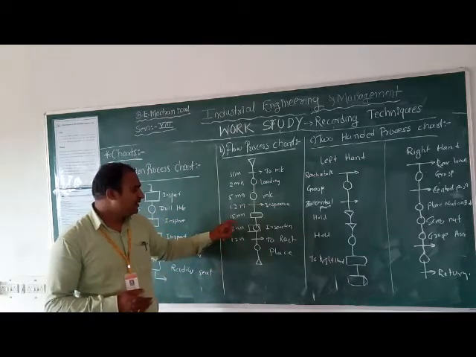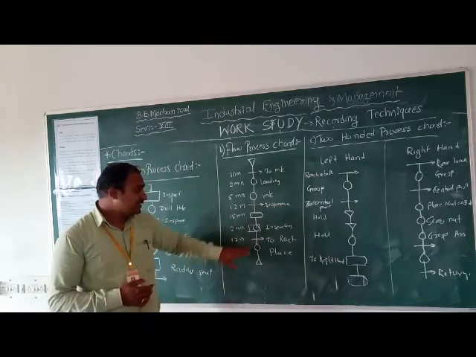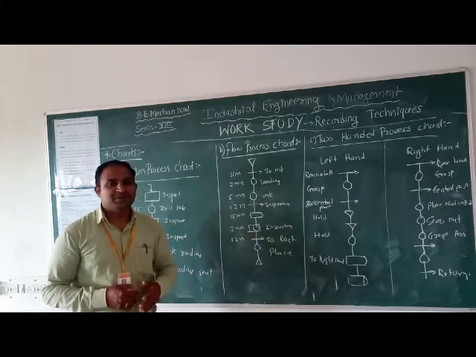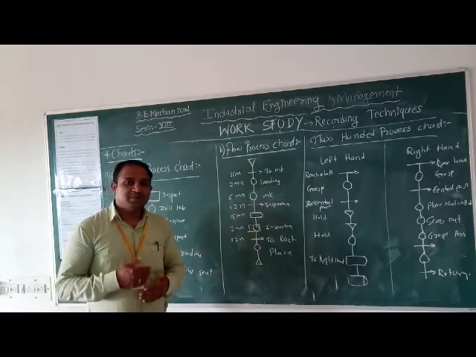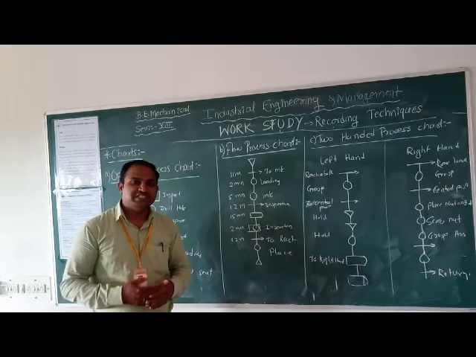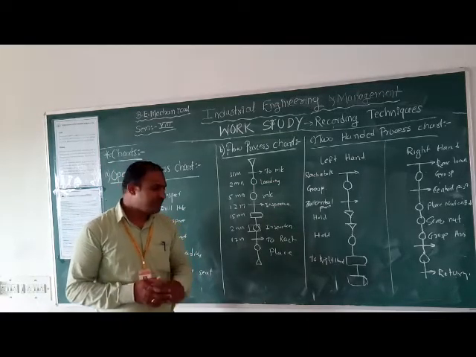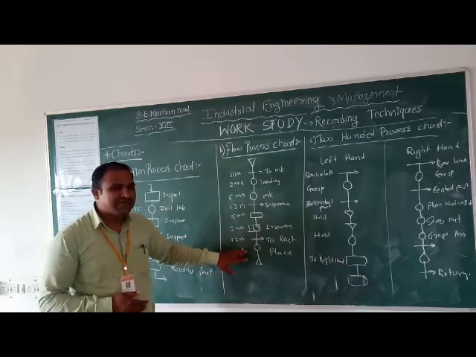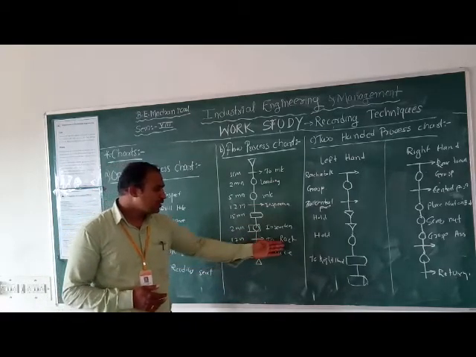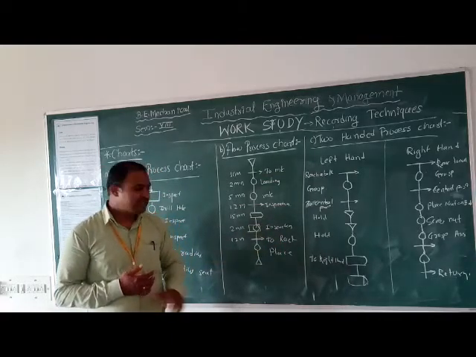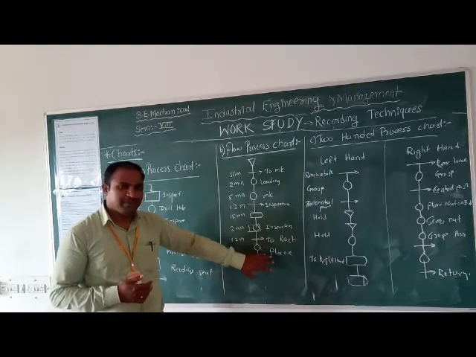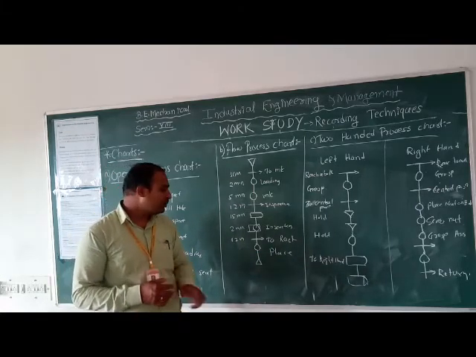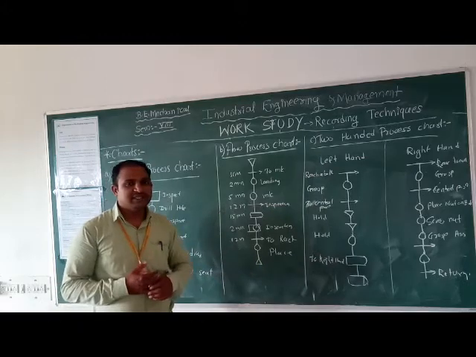delayed by 15 minutes. Then there is a combination of two symbols, operation and inspection, because we consider inspection as one of the operation activities, which requires 2 minutes and uses the two symbols. Then the component is moved to the storage, which is shown by an arrow, and placing the component, that is, unloading the component, is one of the operations indicated by a circle.